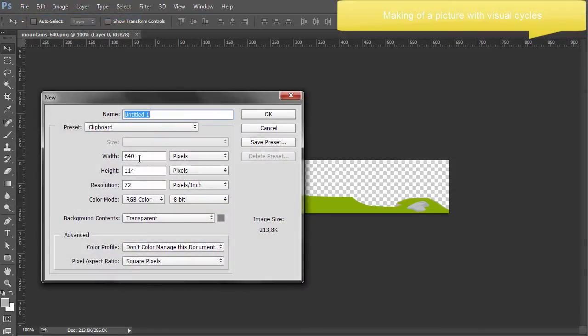In my example, I created a file 1920 pixels wide by 114 pixels high like this. Why 1920 pixels wide? Because the objective was to copy and paste my original picture 3 times, and 3 times 640 pixels equals 1920 pixels.